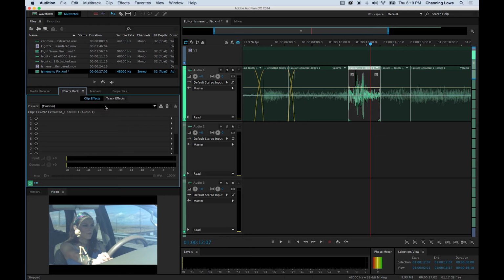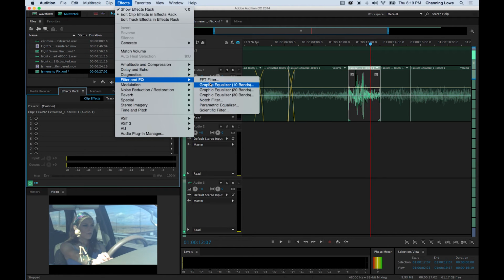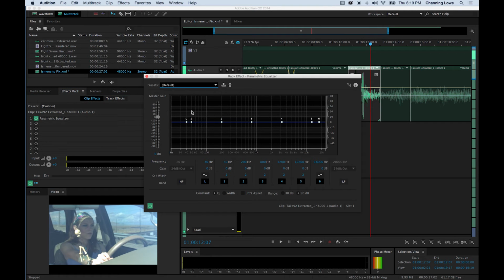I'm going to have this clip selected, and I'm going to go up to my effects, and go to filter and EQ, and a good standard equalizing filter is going to be Parametric Equalizer that I use quite a bit. And because you've got this chart going all the way across from your frequencies down to lower frequencies, down around 30 or 0 all the way up to like 20K here, 20,000. So higher frequency voices and screams and pitches and things like that, your human voice hitting around here somewhere,